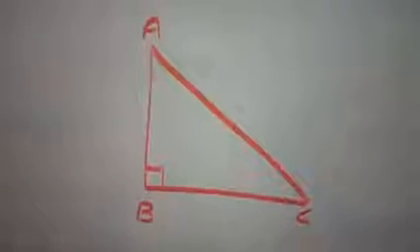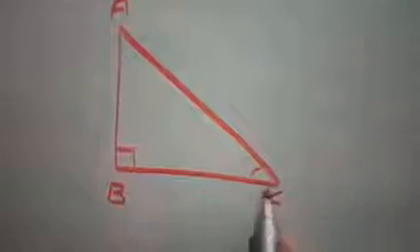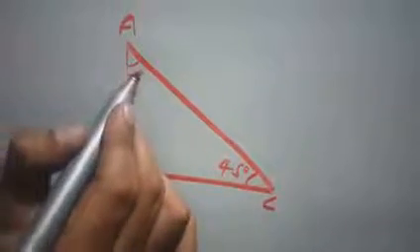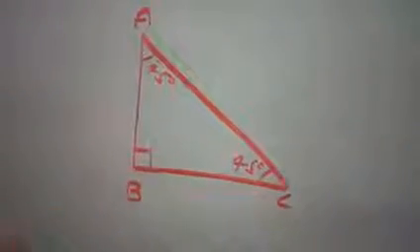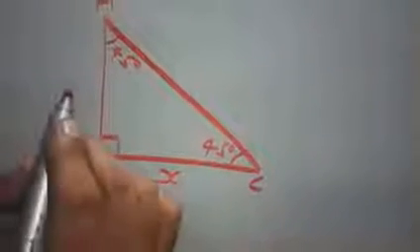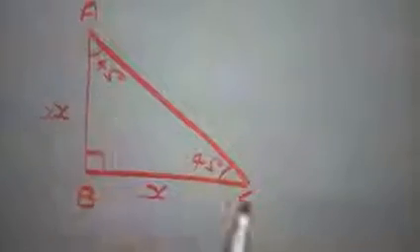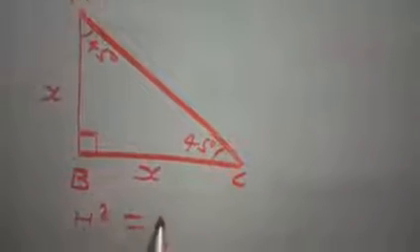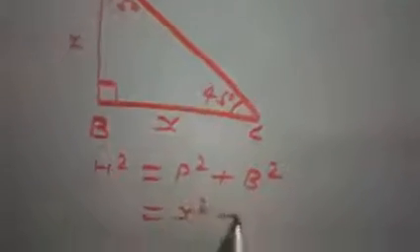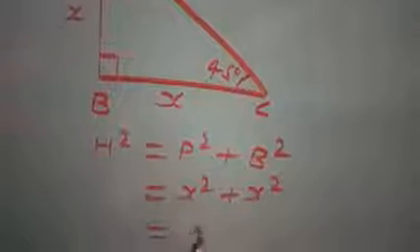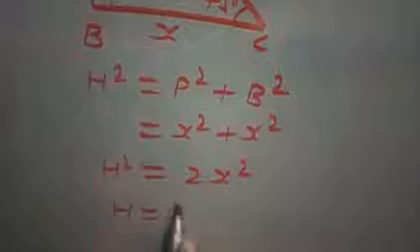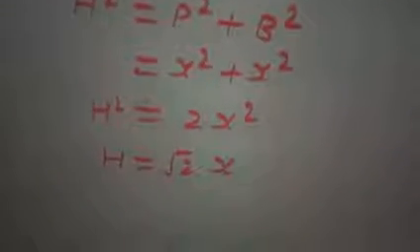Now this is a right angle triangle. This angle is 90 degree. Suppose this is 45 degree. Definitely this angle is also 45. Now as we know, in a triangle, if two angles are equal, then opposite sides are equal. Suppose this is x, then this is also x. So how can we find AC? If we use the Pythagorean theorem, so we know that the perpendicular is x, so x square, base is also x square, so that is going to be 2x square. This is h square, so h is equal to root 2 x. This is the value of hypotenuse.